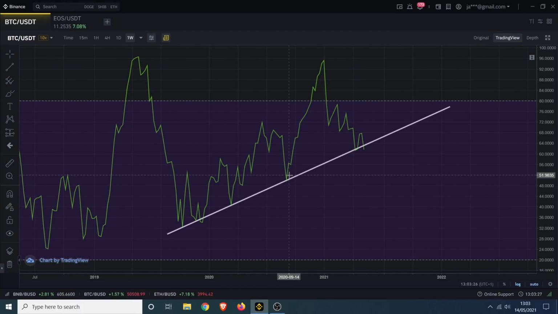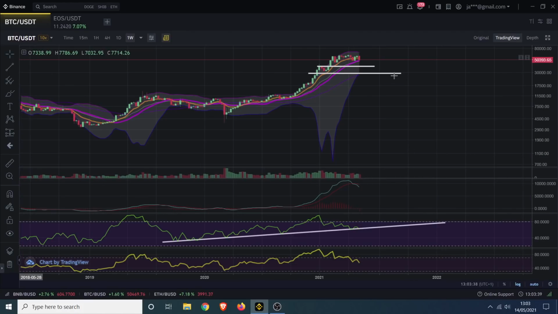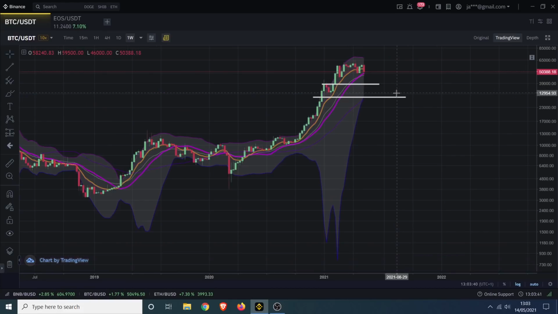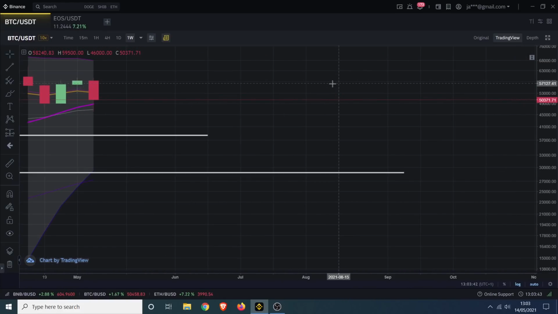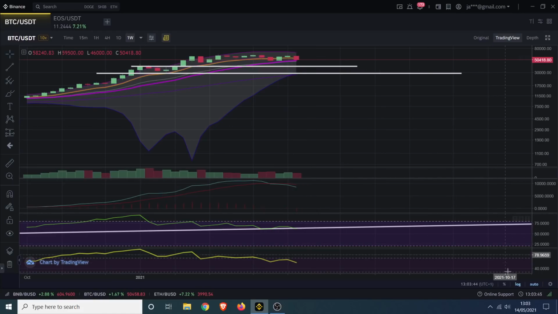And it's on a weekly, so you're never going to get the perfect read on it, but it generally has rhythm to it. If we tag a little bit further down there and maybe even test it as a resistance, then that might be an indicator that suggests that we are close, if not at a top for the moment. It would be a big change of behavior for me, I would have to say.